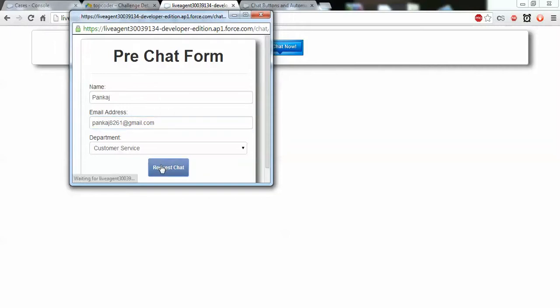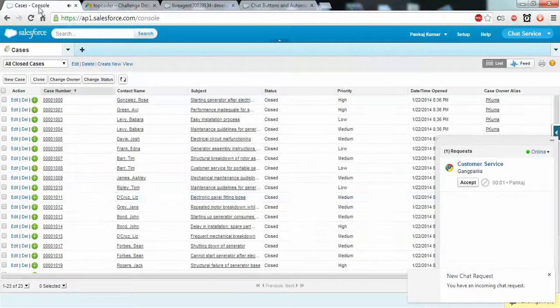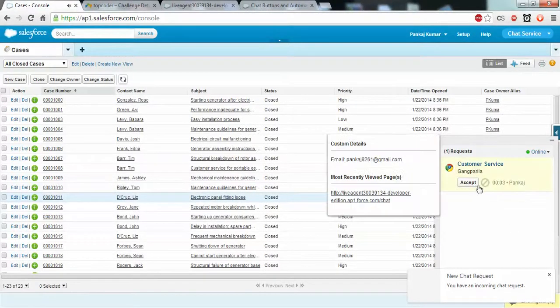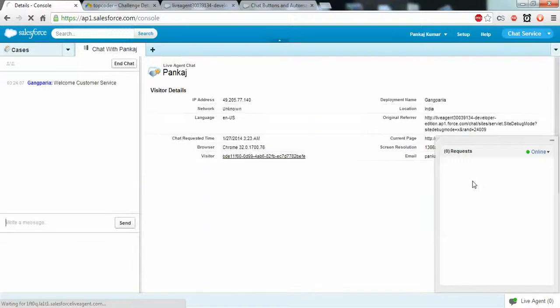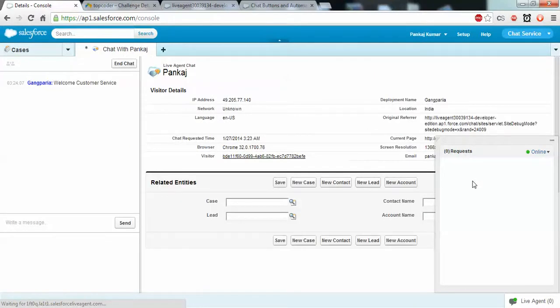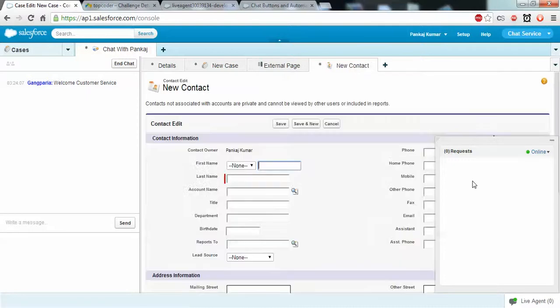If I try to request chat, you will see this message because chat request is free. Now you will see the request is coming from customer service. You will see the name over here. If I accept this, and a contact exists with the email Pankaj8261, then it will automatically search that contact.